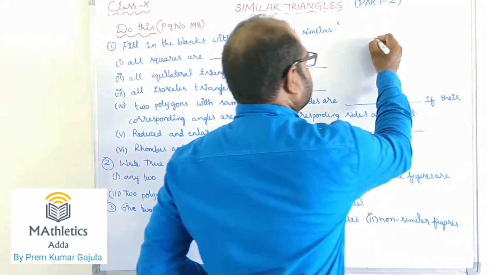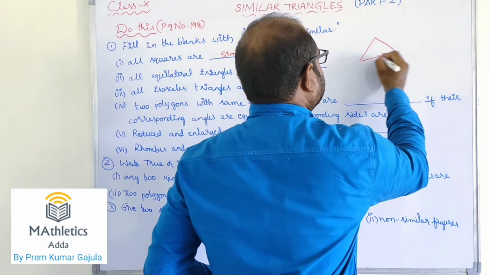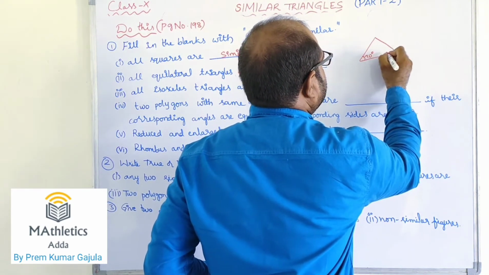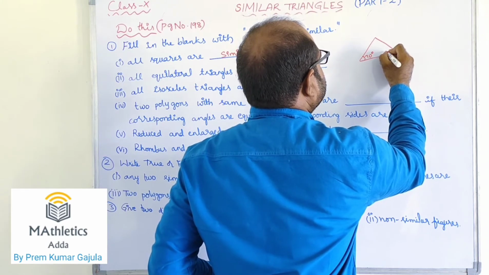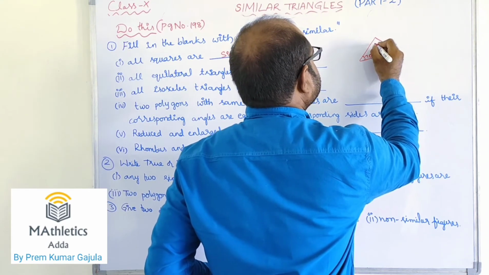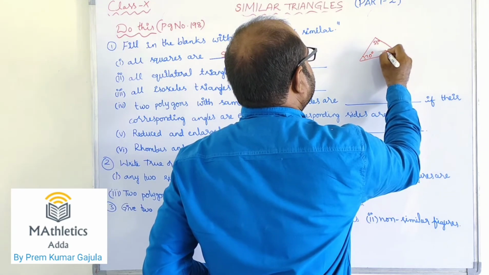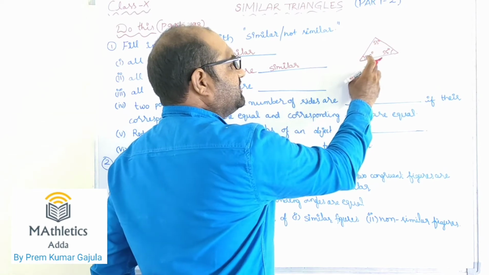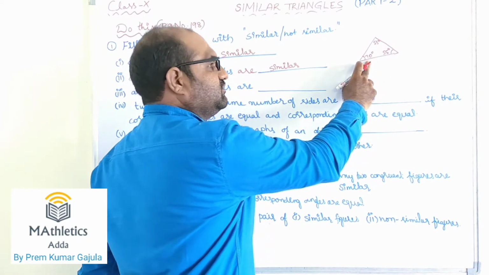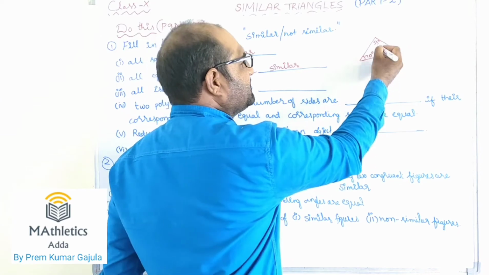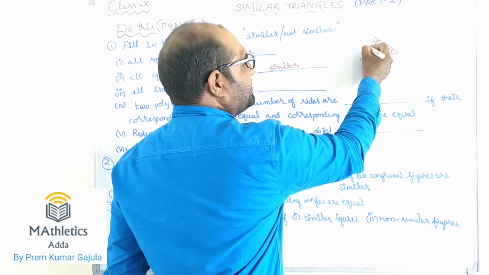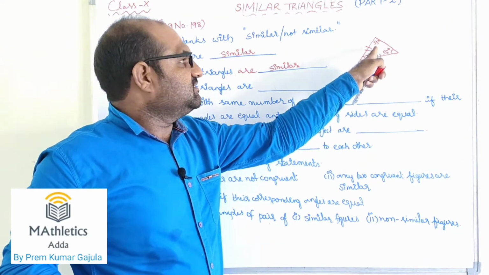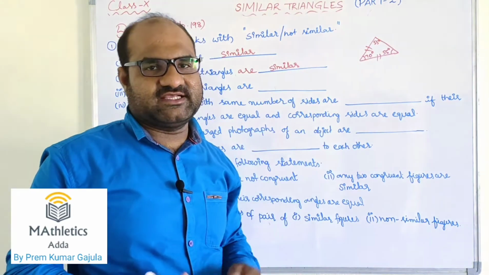Let us take an example. So I am taking one triangle. Here I am taking 70 degrees, and here let me take 55 degrees, 55 degrees. 55 plus 55 is 110, and 110 plus 70, you will get 180, so angle sum property is satisfied. So this side and this side will be equal. Why? Because 55, 55 angles are equal and the sides opposite to equal angles are equal.